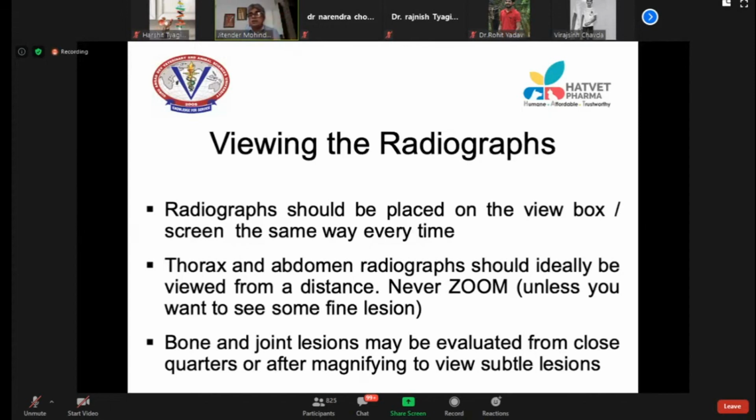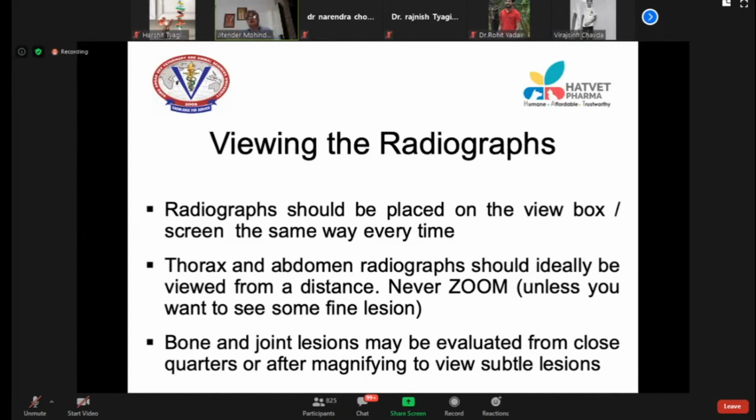For a stifle or an elbow joint, the head should be on the left, the tail on the right, the body of the animal on the top, the limbs or the periphery on the bottom. If you follow this rule again and again, every time, then you will start making correct diagnoses, seeing things which you were not seeing earlier.